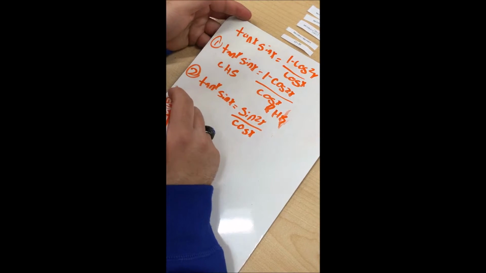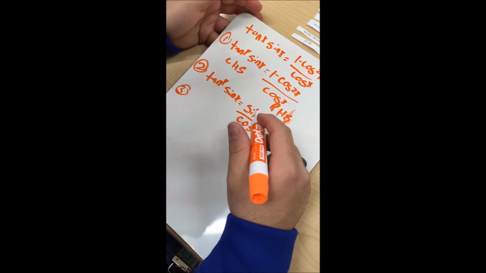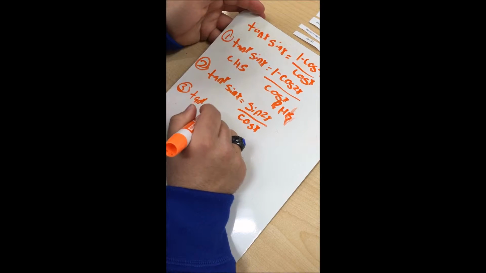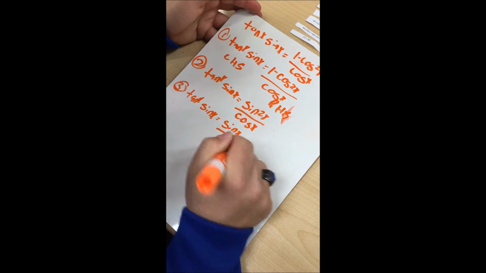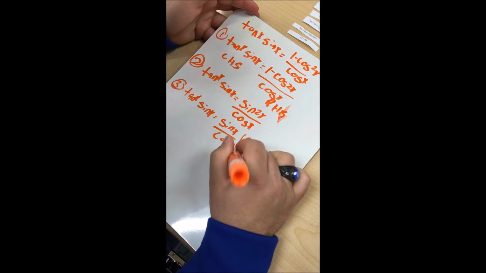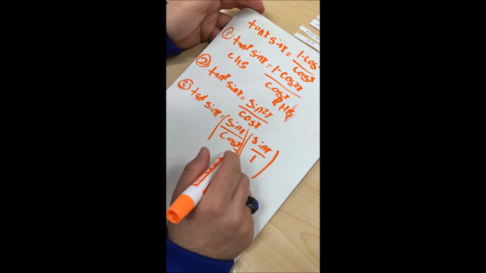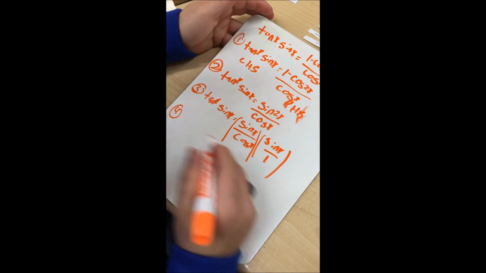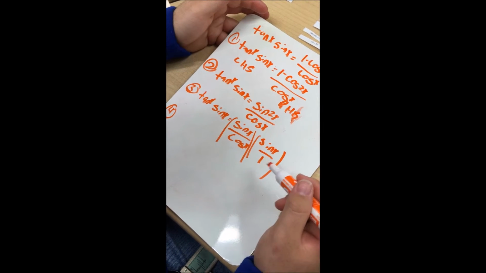Since you have a common denominator here, and you have sine squared, you need to break that sine squared up. The reason for the 1 is because you only have one cosine, so the 1 just kind of moves over. So step number 4 is you know that sine over cosine is equal to tangent,